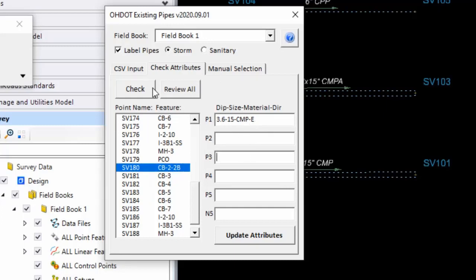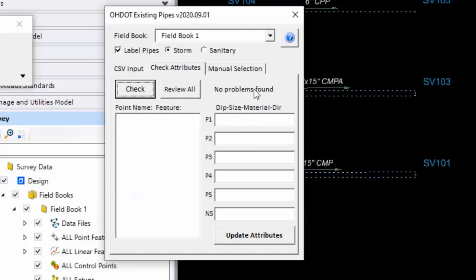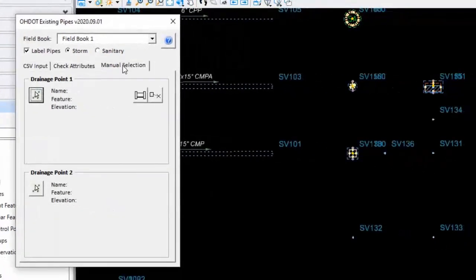So now we're ready to go over to manual selection since our check doesn't reveal any problems. So I'll go ahead and pick the manual selection mode. And this will look familiar to those of you who have used the attributes with the Select Series 4 software. We had an application that would read the attributes from the drainage points or the survey points that are stored in the GPK file. And again, the difference here is they're stored in the field book. So to do any of this stuff, I must be in that field book design file.